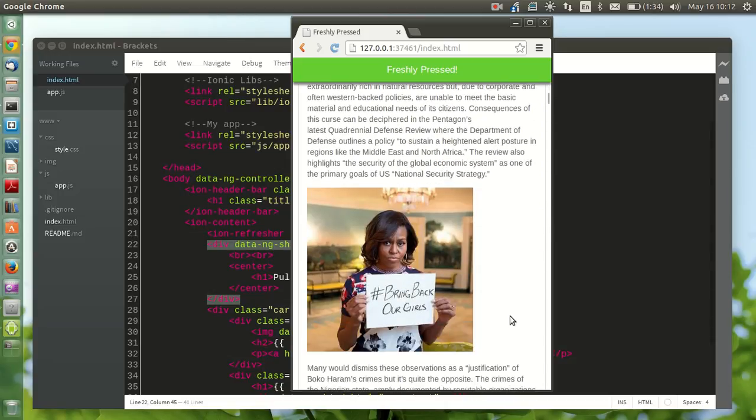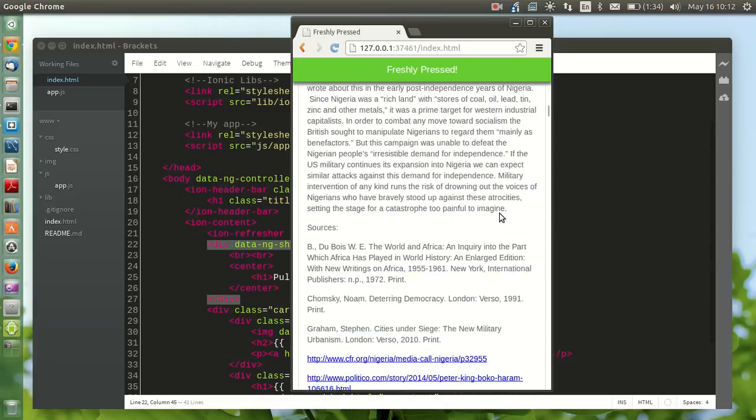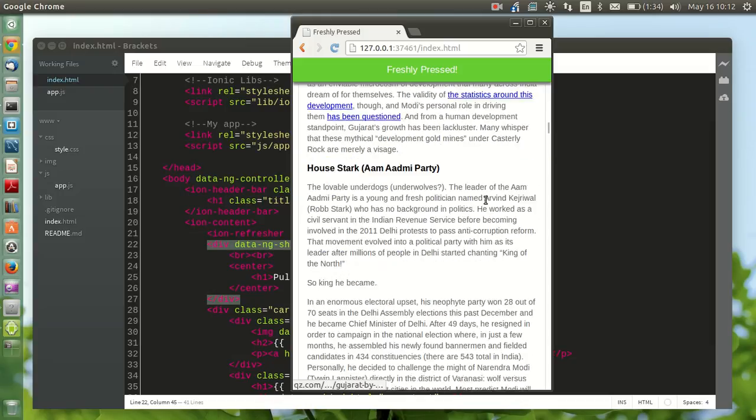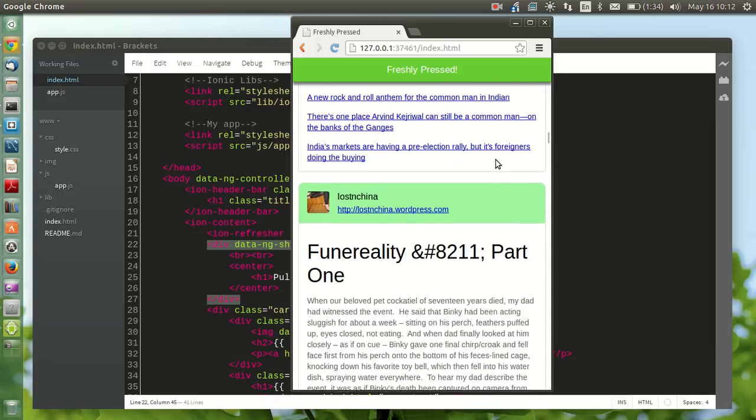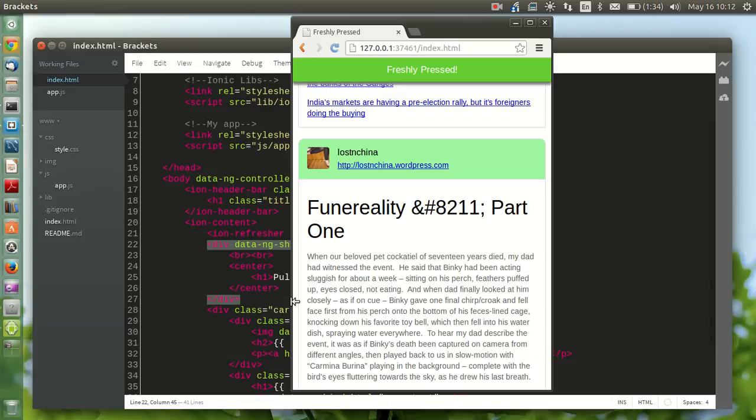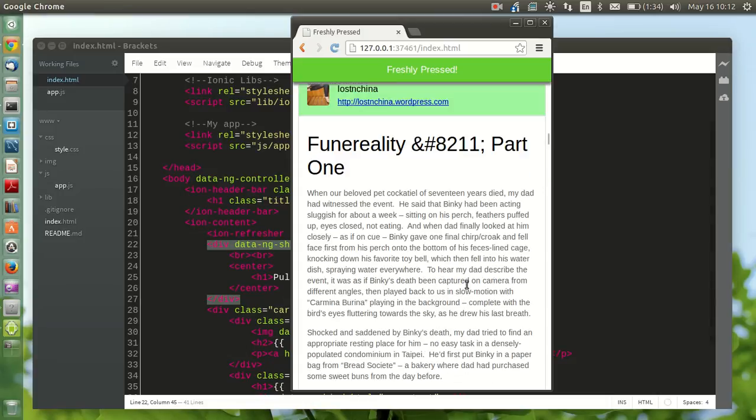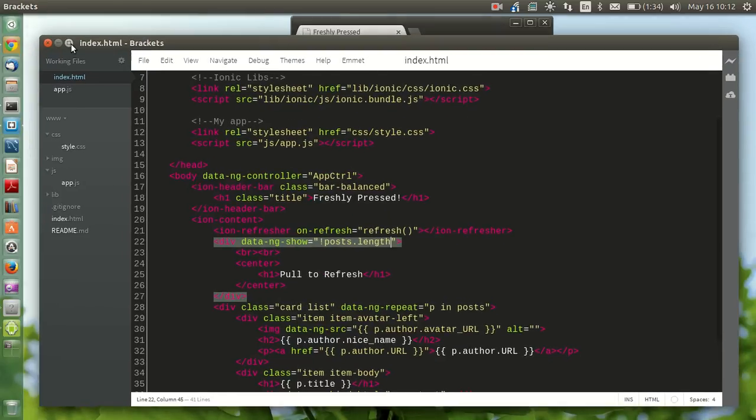So it looks like a mobile application now. So now we want to package this into an Android application. Okay, so I'm using Linux, as you probably know. So I'm going to deploy it to Android. So to deploy to Android,